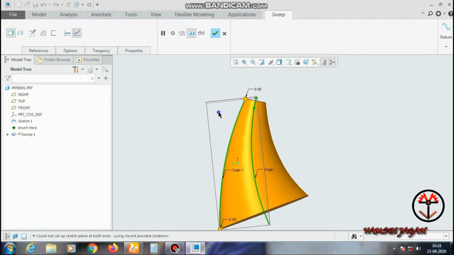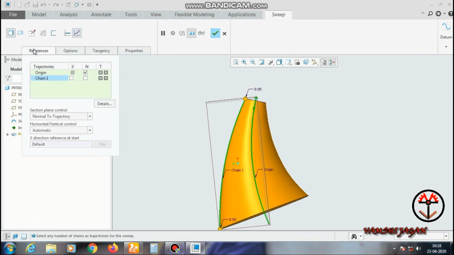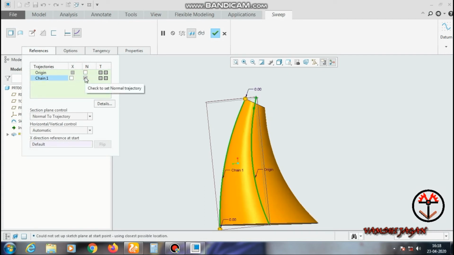One center line and one outer line. You can use it like that. After that, it will be selected by selecting two paths. So you can use chain 1 as origin or origin as chain 1. By clicking the arrows, you can change both.